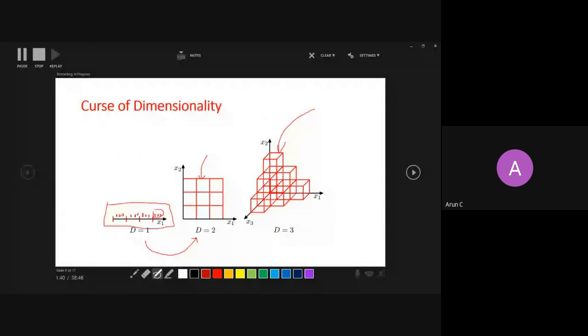27 into 3, right? Total boxes are 27, 3, 3, 3, and each box should get 3. So 27 into 3. So it will be 3 to the power 4. Yes? Yes, sir. Right? So now you can see that as I grow in dimension, my requirement of samples is